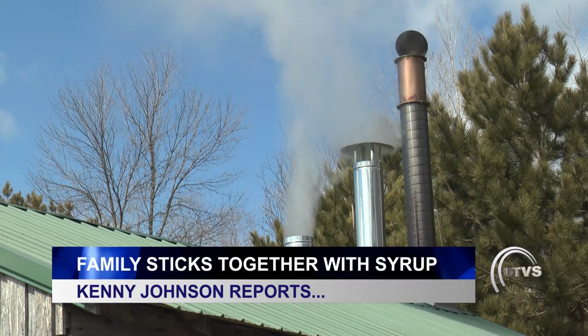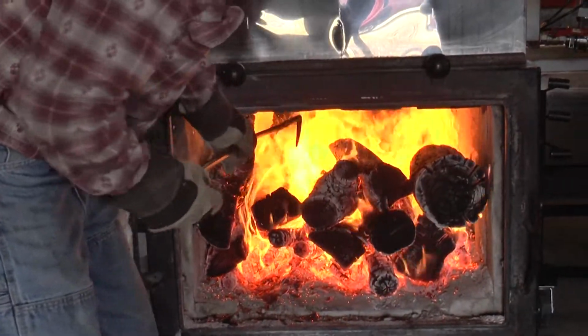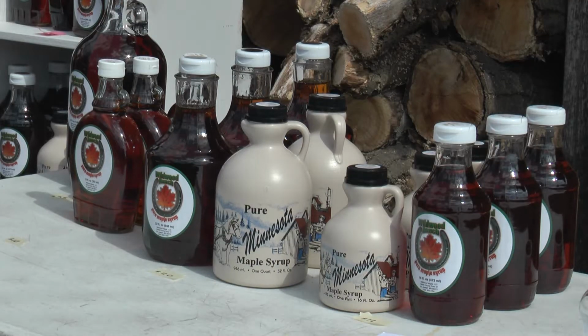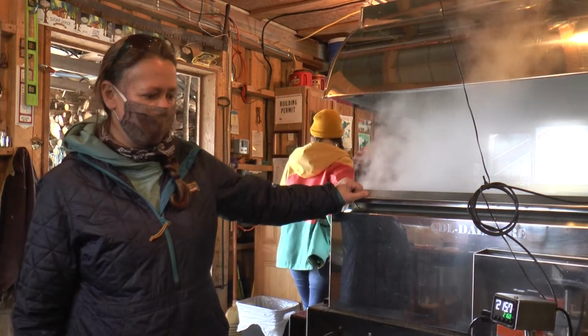During a nice spring morning, you'll find the quaint Wildwood Ranch deep in the forest of St. Joseph. But now, things are heating up. You need the warm spring days to really get the trees to wake up and run. Shelley Carlson, self-titled Chief Maple Operator, has spent the past 2 months tapping maple trees, hoping to produce as much